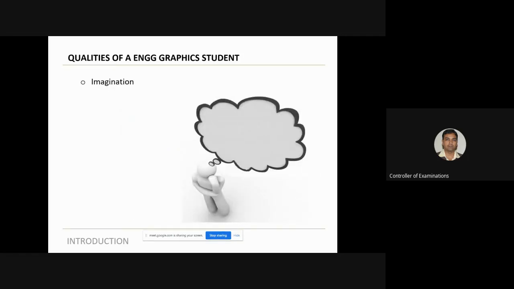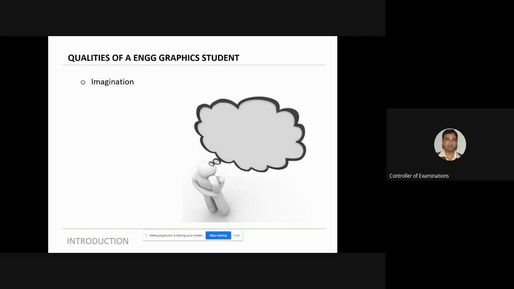Imagination, yes, I feel this is very, very important if you want to make good drawings. See, drawing is something which is like a concept which exists in your mind, which is inside you. Now you have to take it out, you have to draw it on a piece of paper, or you have to model it in a software and then communicate it to somebody else. So what is there in your head has to be transferred to somebody else's head by using a piece of paper or by using the software. So a lot of imagination is required in this particular subject. As we progress, you will understand.